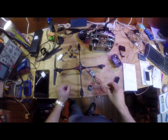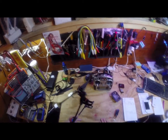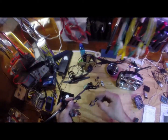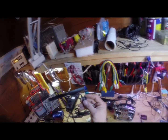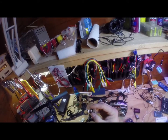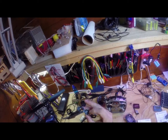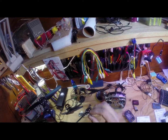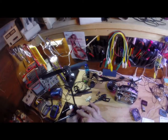I got the idea to convert my AR Parrot Drone 2.0 to just a standard quadcopter. I did some experimentations with the onboard ESC controller, whatever you want to call it, motor controller. There's a serial translator built onto this board that converts serial data, two-way, transmit and receive, from the main board of the Parrot